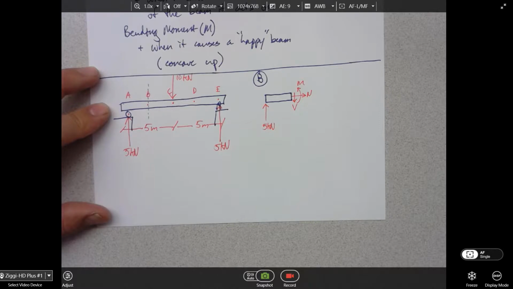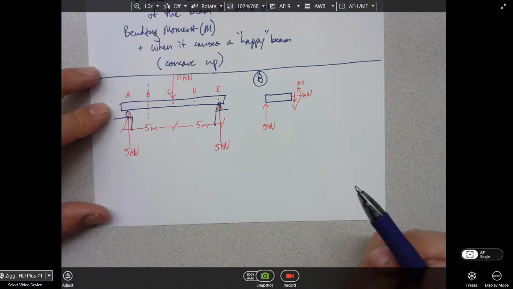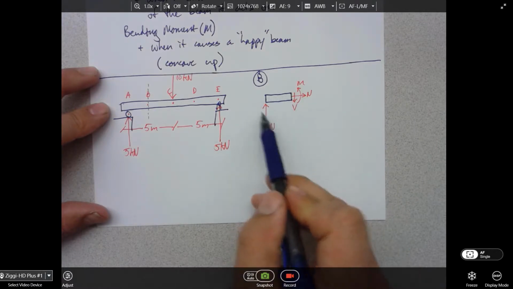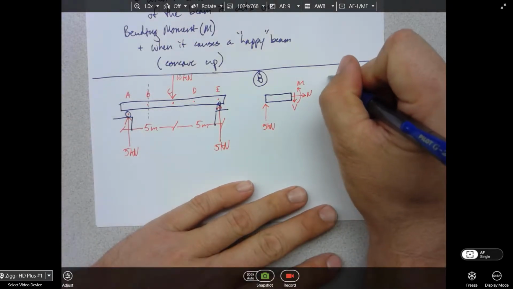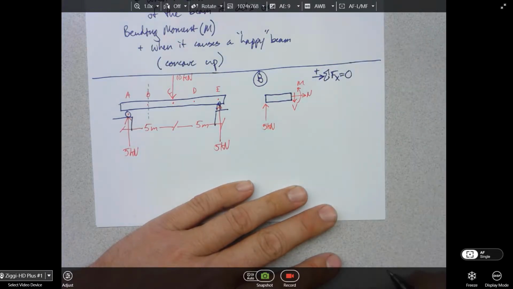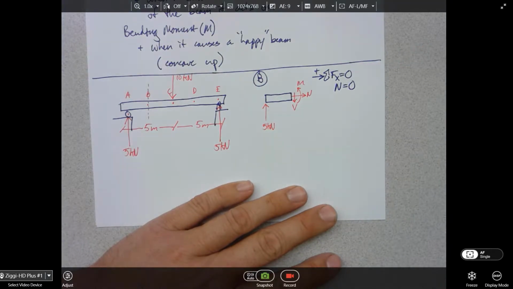Okay. How many unknowns do I have? 3. How many can I solve for, you think? Yeah, so I can sum the forces in X and Y, and I can sum the moments about a point, because it's not a particle, it's a rigid beam, so it has shape, so we can do moments, okay? So let's sum the forces in the X direction and set them equal to 0, and I'm going to say right's positive, and it looks like I have normal is equal to 0, right? Nothing else has a component in the X.